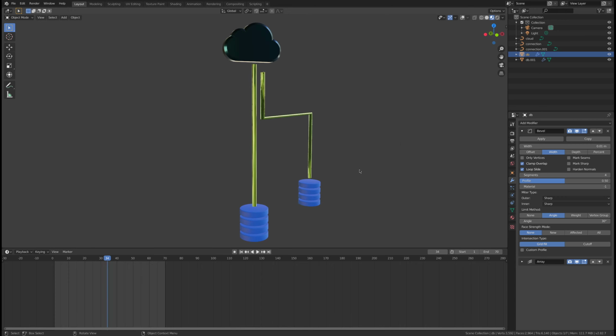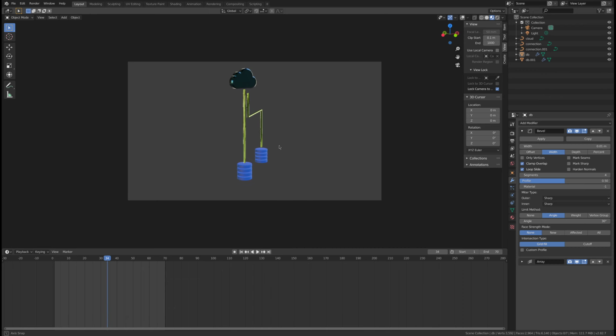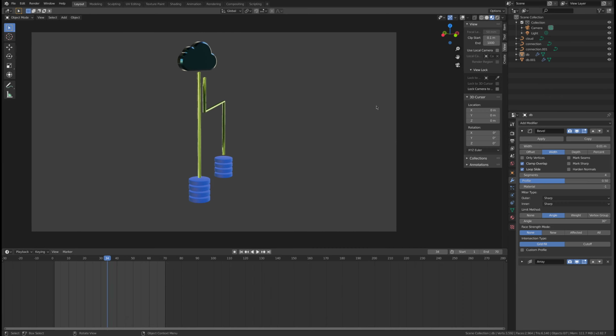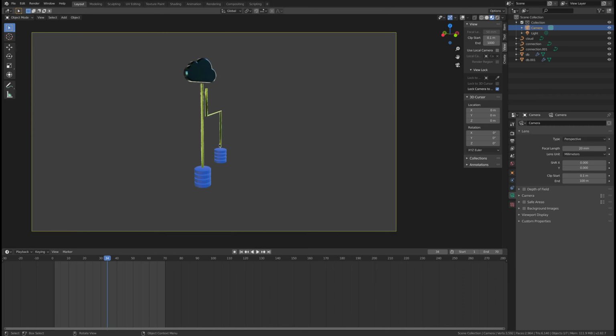But if you want to show, for example, let's say that you have a camera, let's add the camera to the scene, and lock camera view, and let's go here, and let me zoom the frame in, and let's say that you're using a wide angle, and I zoom in, there's a lot of difference between this one and the back one in size. I can do it even more. Let's go with a very